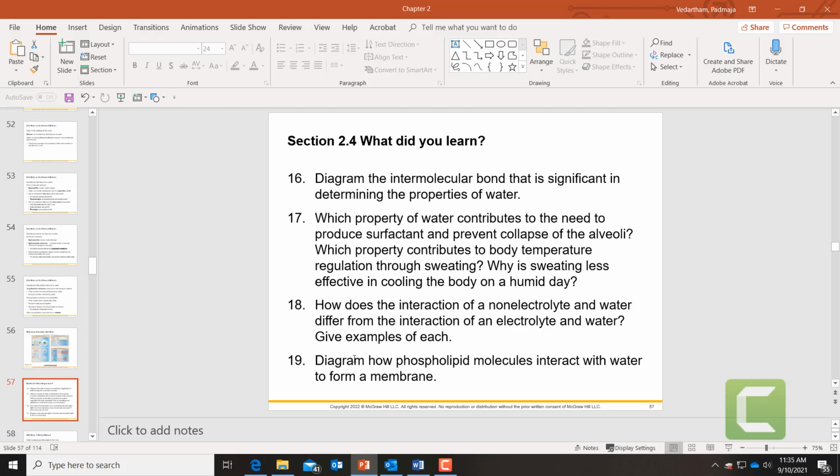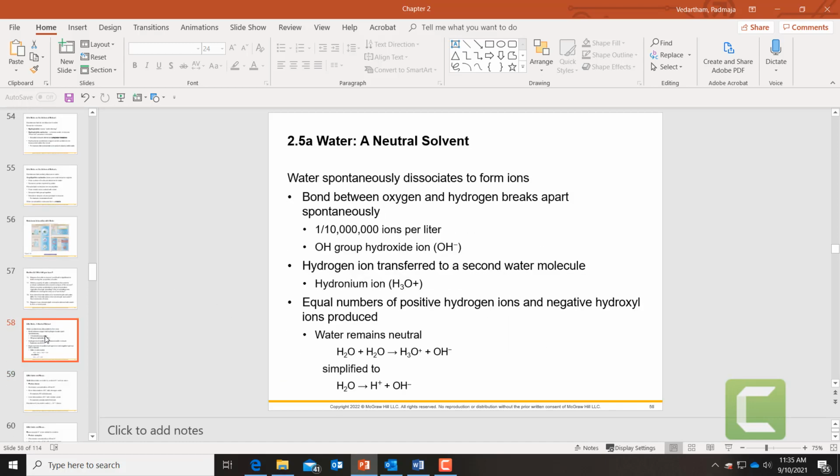And you can draw how a phospholipid molecule interacts with water to form a membrane. And water is a neutral solvent. So let's talk about